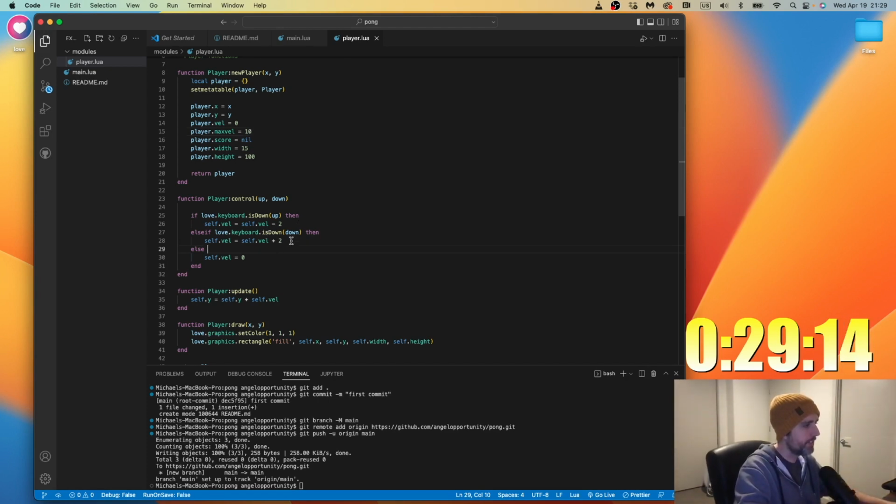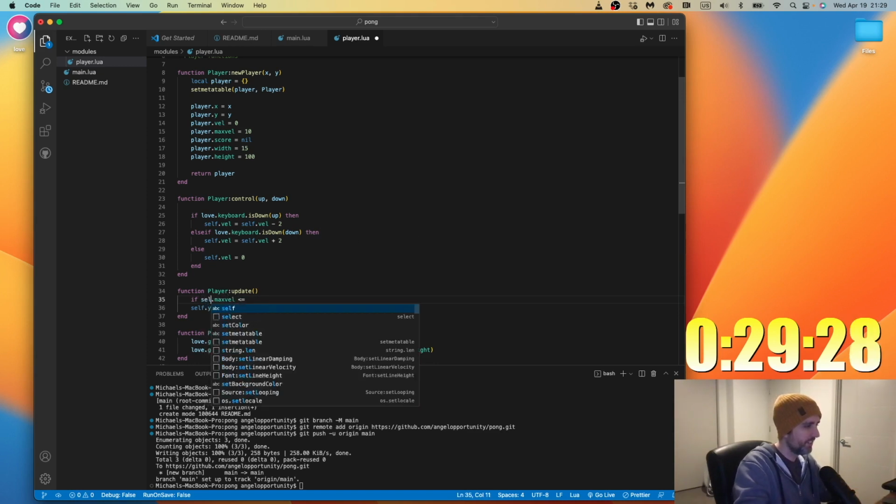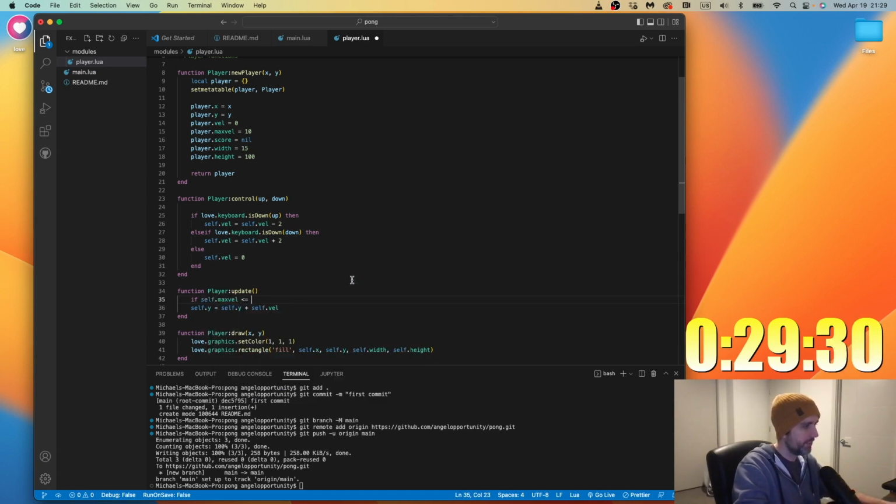So to implement max velocity, we have to go in the update and say if player.maxvel is less than or equal to, or no, this should be self. Wait, no, this is wrong.